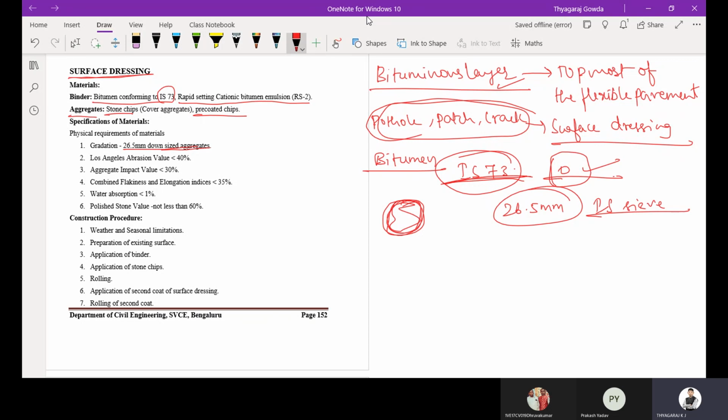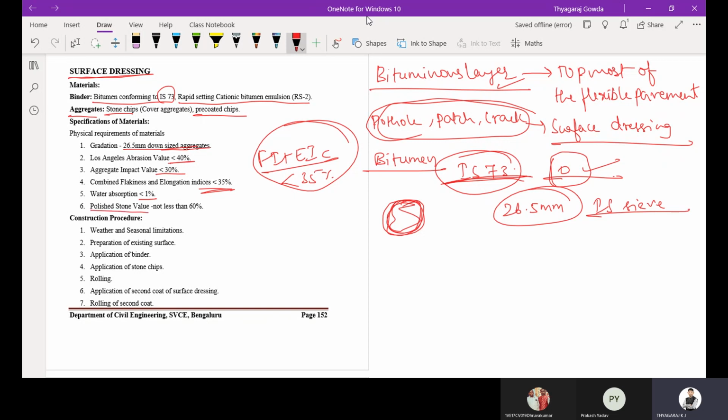Then Los Angeles abrasion value should be less than 40. Aggregate impact value less than 30. Combined index, which I told you in yesterday's class is common for all the layers, that is flakiness plus elongation index, which should be less than 35%. This is a common material specification for all the layers. Then water absorption is less than 1%.